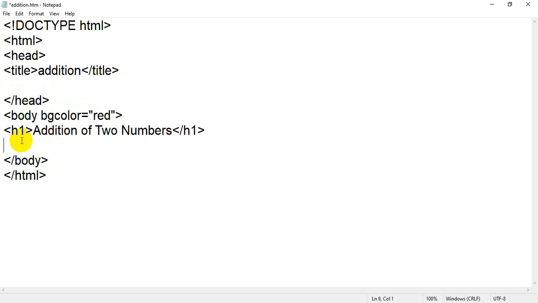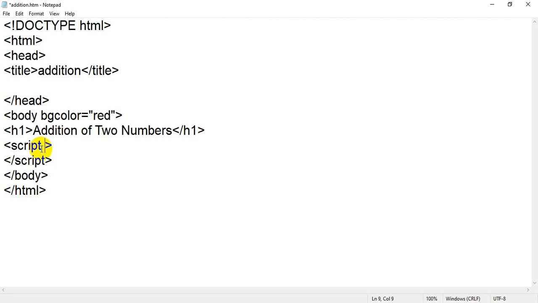To insert any JavaScript code, you have to use the script tag, because we are using HTML, and HTML is a language of tags. So if you want to insert JavaScript, HTML provides a tag called the script tag. By using that script tag, you can insert your scripting language, that is your JavaScript. So I have added one more tag, the script tag, and I have to mention the name of the scripting language, which language I am going to use.